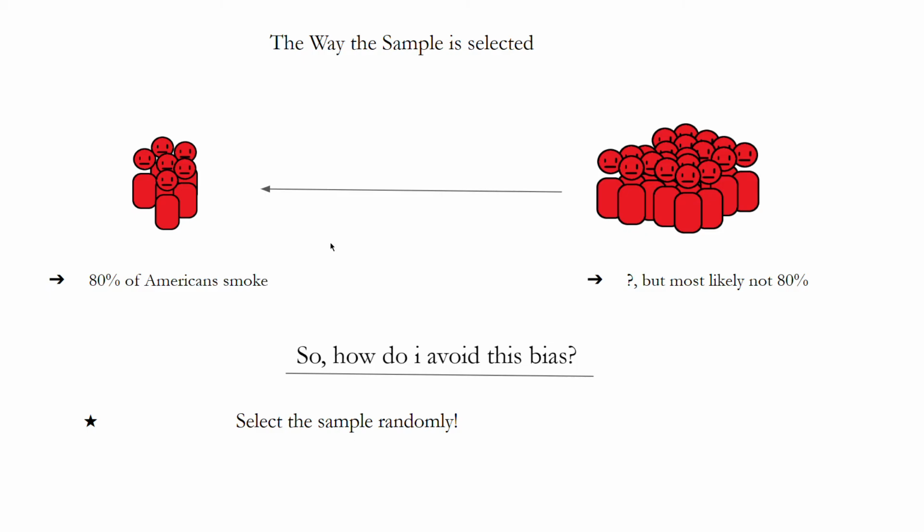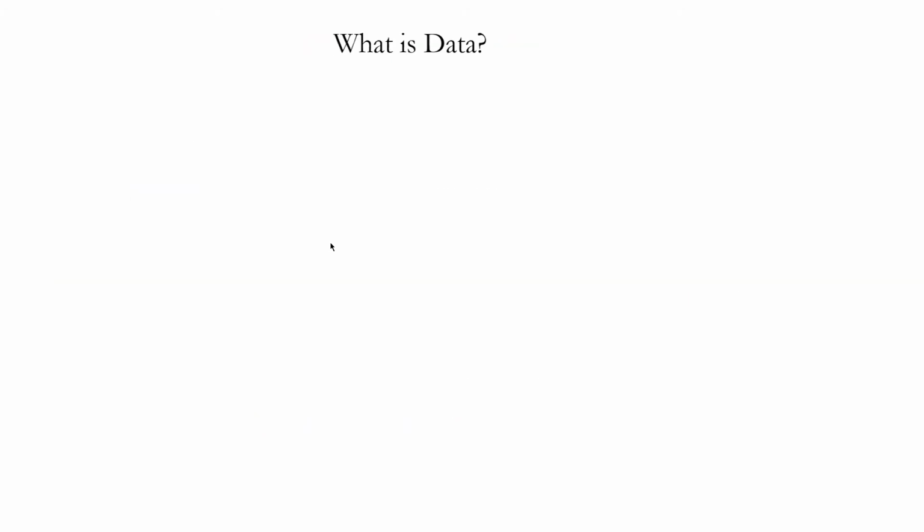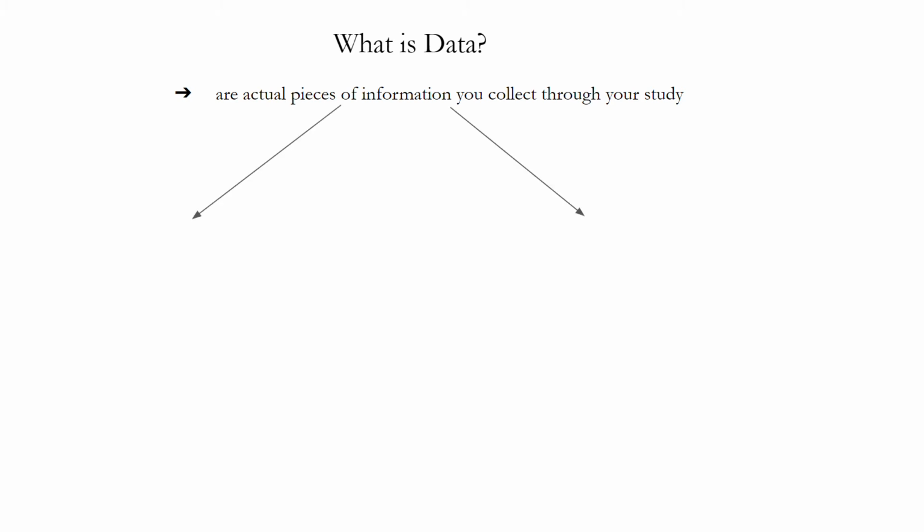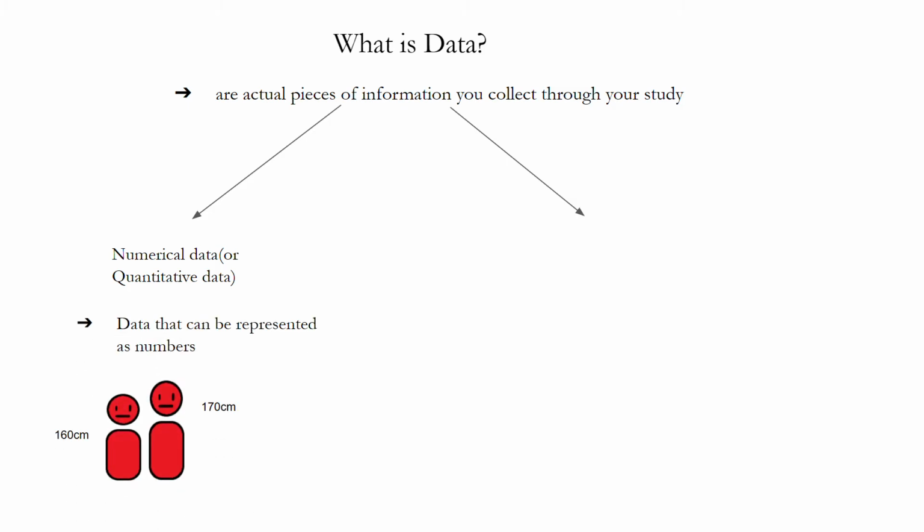Now let's talk about data. What is data? Data are actual pieces of information that you collect through your study. There are two types of data. The first type is numerical data. Numerical data can be represented as numbers, such as weight, height, number of students in a classroom, and